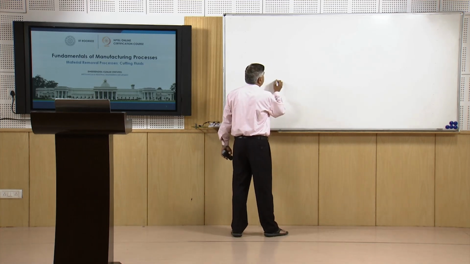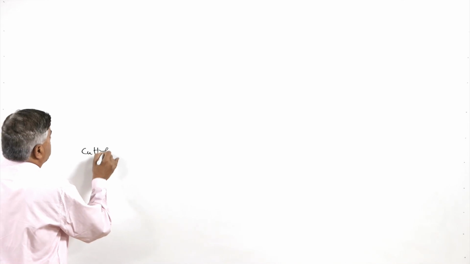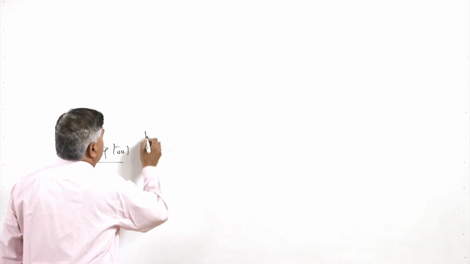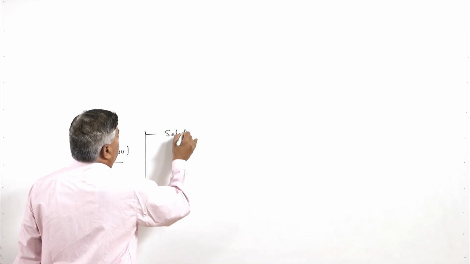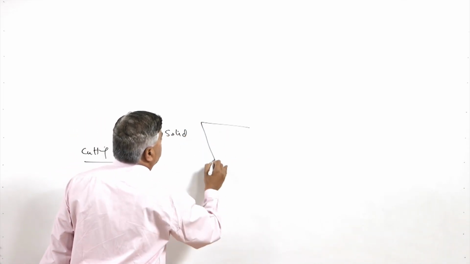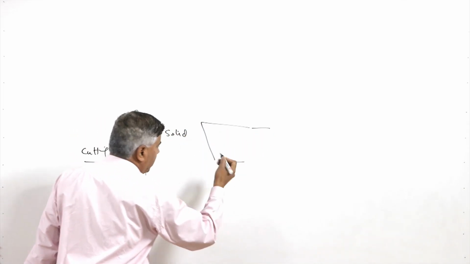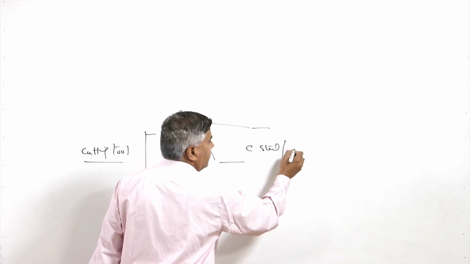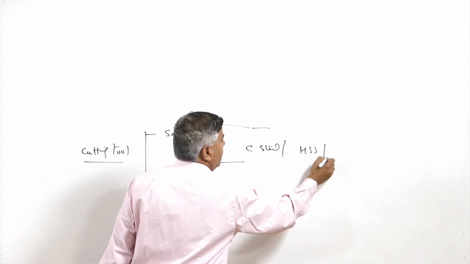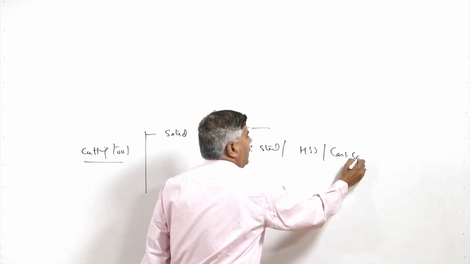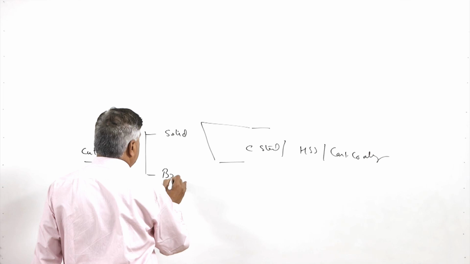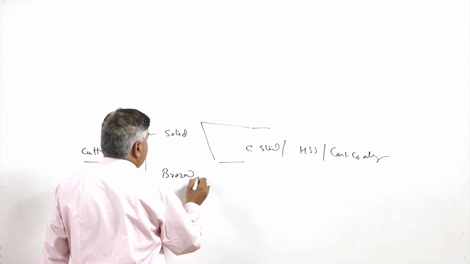There are three ways by which cutting tools are made. One is the solid tool, wherein the entire tool is made of the selected tool material, and normally this happens with materials like carbon steel, high speed steel or cast cobalt alloys. Another one is the brazed insert tool, wherein